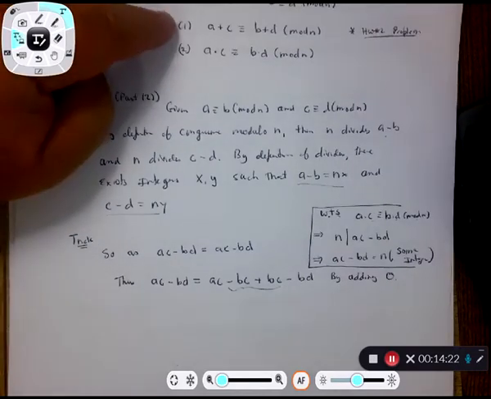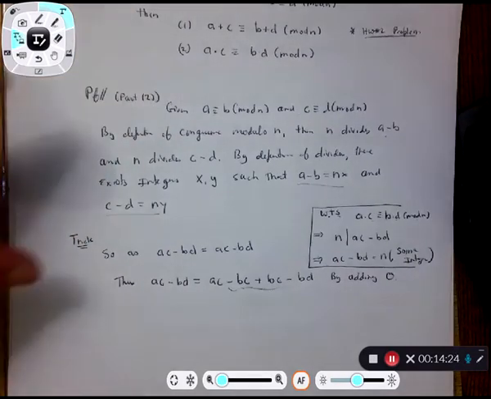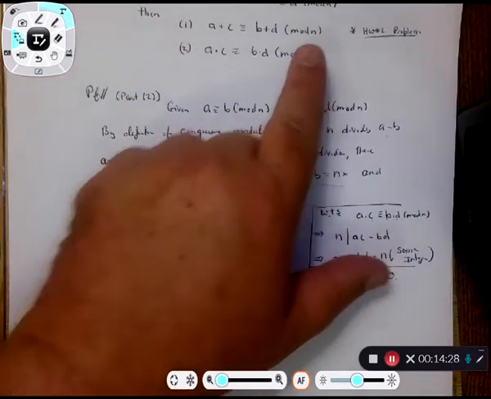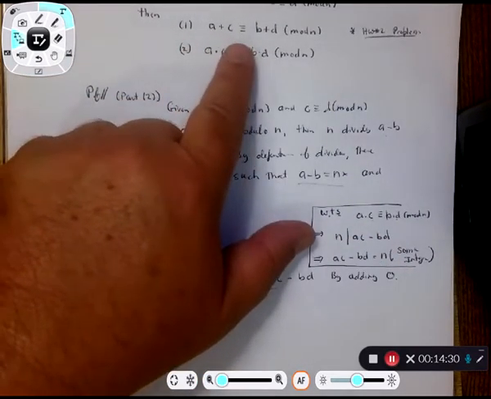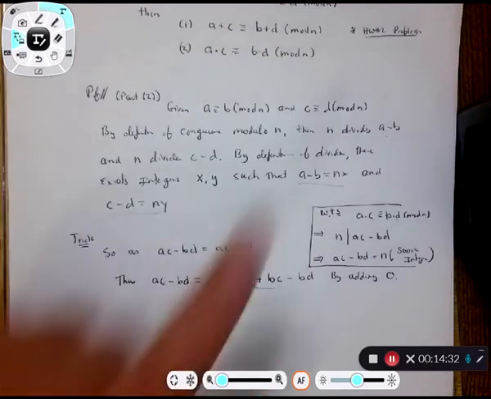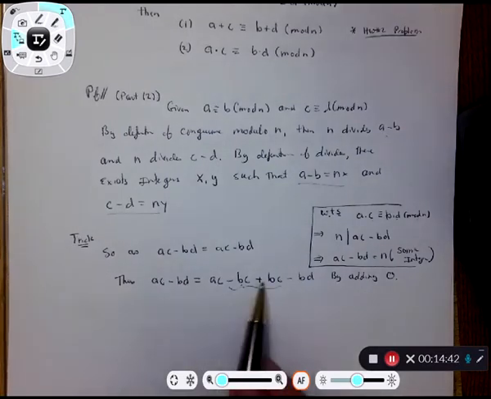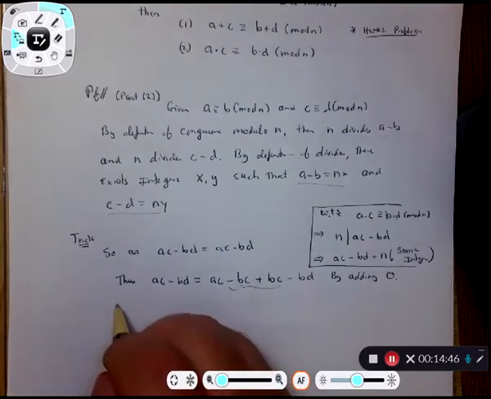The first one that you have to prove doesn't require a trick. You set it up the exact same way, and then you want to show in the first one, n divides A plus C minus B plus D. So you want an equation A plus C minus, parentheses, B plus D, and you want to see that n factors out of something or other there. So, I added 0. Now, hence,